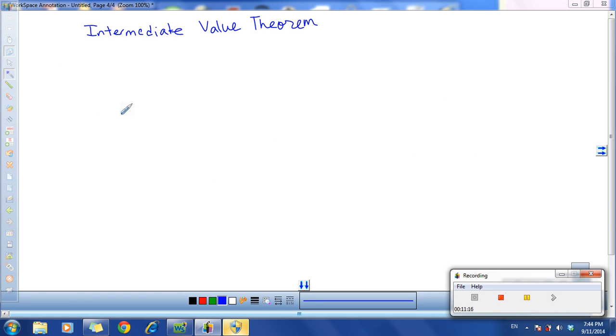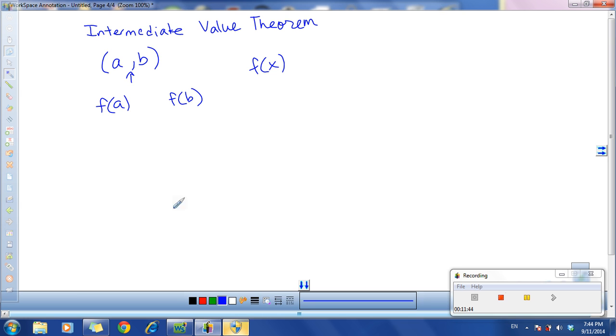And back to our intermediate value theorem. So basically, all this is saying is that if I have an interval A, B, and I have a function, and I plug in f of A and I get a number, and I plug in f of B and I get a number, and say I get 2 and 25. So what the intermediate value theorem tells me is that for any number in between 2 and 25,